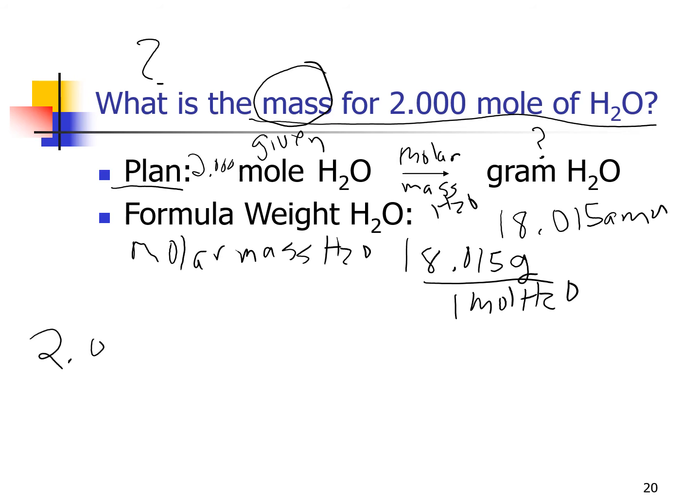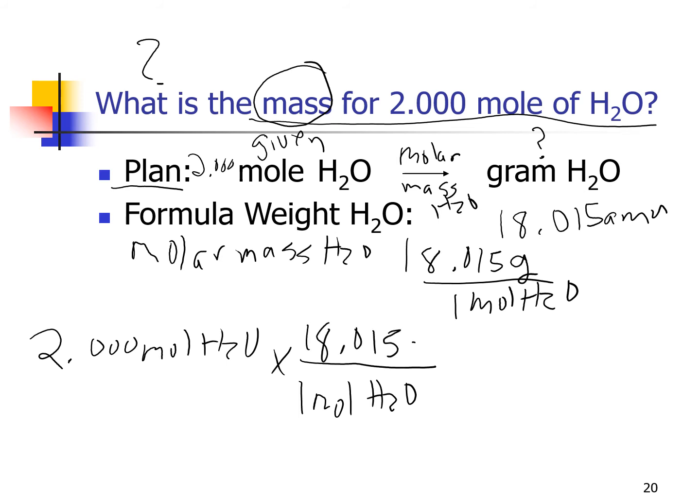We have 2.000 moles of water. We're going to use the molar mass to convert from moles to grams. We want to set up our units so the units will cancel. So 1 mole of H2O will go at the bottom, and then 18.015 grams is the mass for 1 mole of water at the top. This way we can cancel the moles of water, and then we just need to do the math, and we'll end up with grams of H2O, which is the units we're looking for. So 2 times 18.015 is